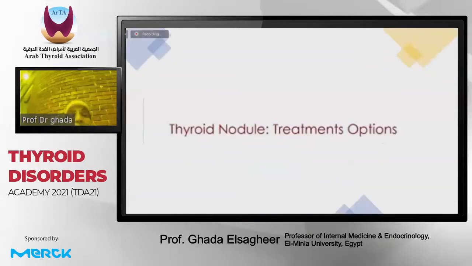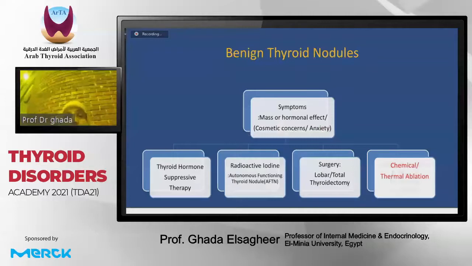So what are the treatment options for a benign thyroid nodule? If we have a benign thyroid nodule that is asymptomatic, as we said, there is no need for treatment. But if it is symptomatic, with mass or hormonal effect causing more concern or anxiety, we have 4 options of treatment: thyroid hormone suppressive therapy, radioactive iodine for autonomous functioning thyroid nodule, surgery, either local or total thyroidectomy, and chemical or thermal